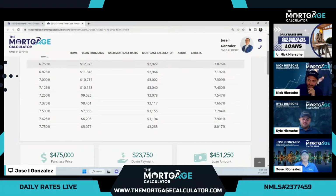If it doesn't make it to 95%, then that's all they're going to give you, and you're just going to have to come up with some money out of your pocket. So here in this scenario, the lowest cost option is 7.75% at a cost just a tad above 1 point, with the lowest rate available at 6.75%. So real sweet deals